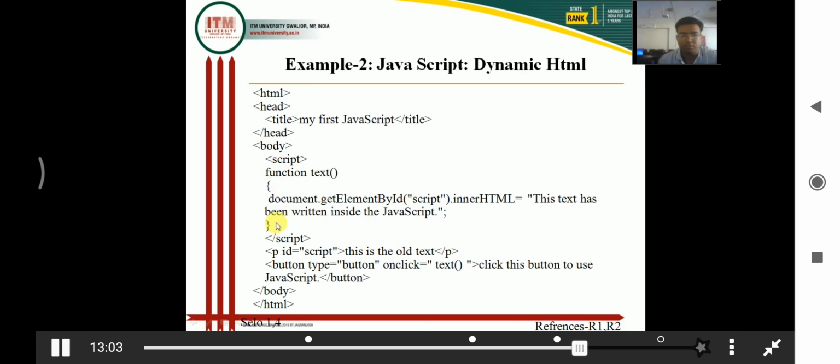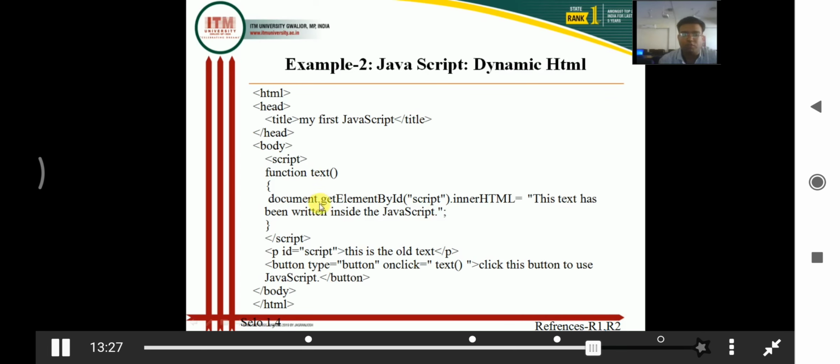For creating a function in JavaScript, the function keyword and the function name are used, and something is written in the body of the function, which will be executed when somebody calls this function. We will come again to this function when we read the code for calling it.